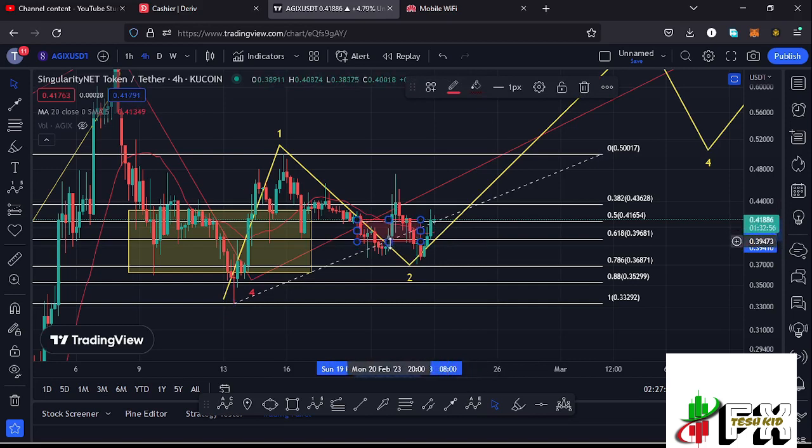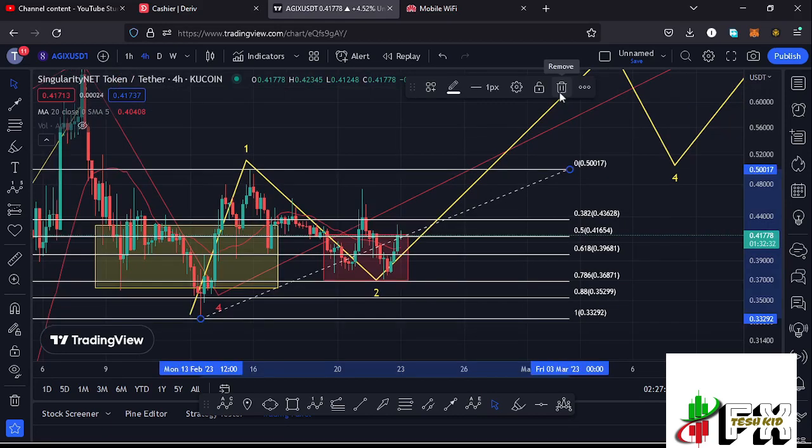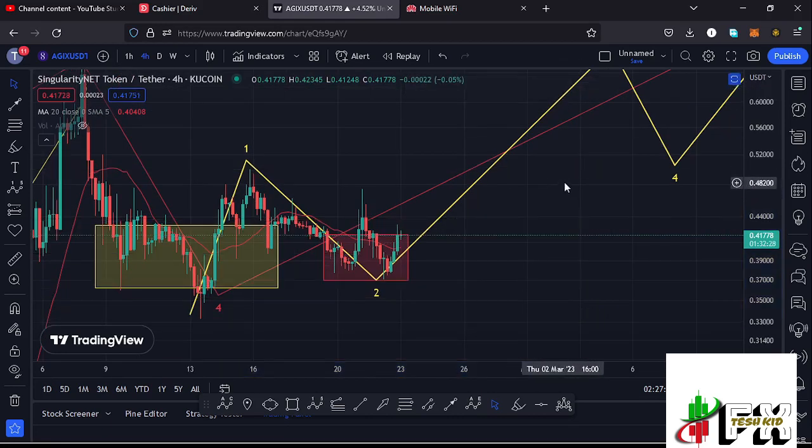fib level 0.618, I had to extend my target area back to the fib level 0.78, which is still a minimum target area to the lower side in the formation of that higher Elliott wave count 2. So whatever we have over here is still a valid second wave to the lower side, and at the time of this recording you can see that AGIX is gearing up in a move that has now given us a